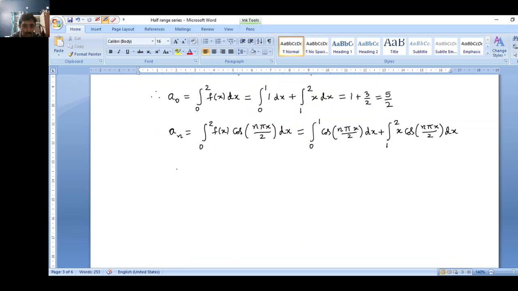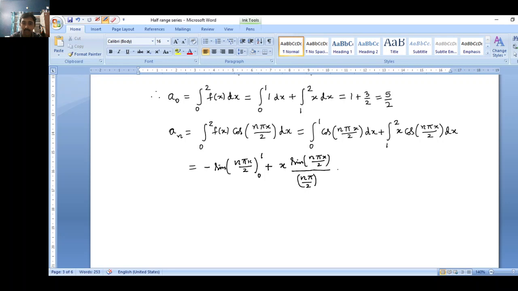Now integration of the first term will simply be minus sine n pi x by 2 from 0 to 1 as such, and for the second term you will have to go for Bernoulli's rule here again, so this will be x into sine n pi x by 2 whole divided by n pi by 2,